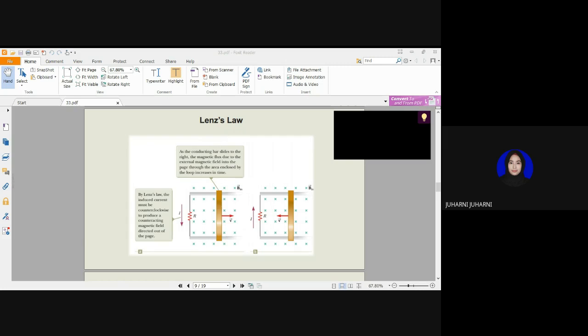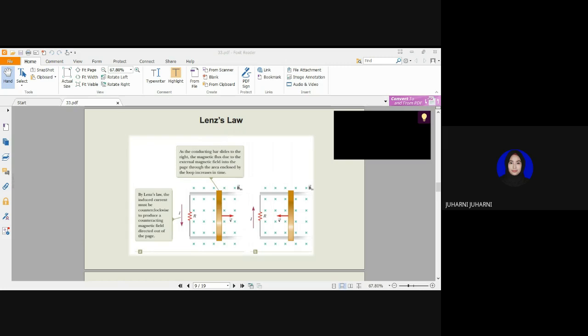Okay, if we talk about Lenz's law, the induced current in a loop is in the direction that creates a magnetic field that opposes the change in the magnetic flux through the area enclosed by the loop. That is, the induced current tends to keep the original magnetic flux through the loop from changing. We can show that this law is a consequence of the law of conservation of energy. To understand Lenz's law, maybe we can